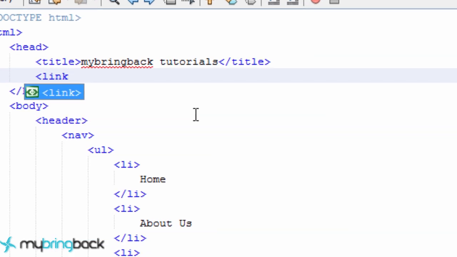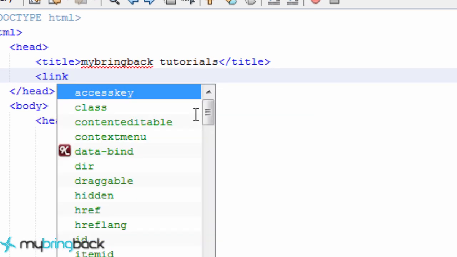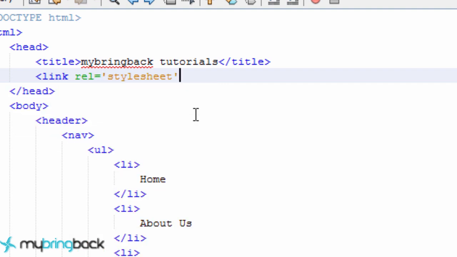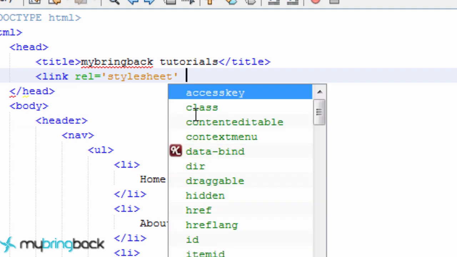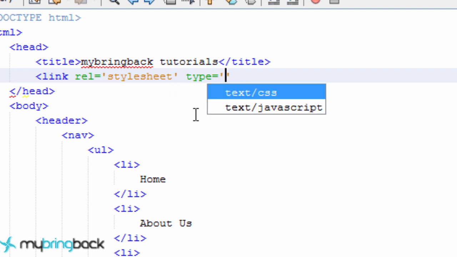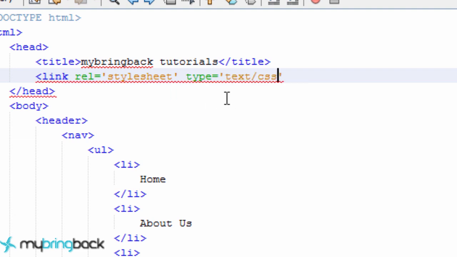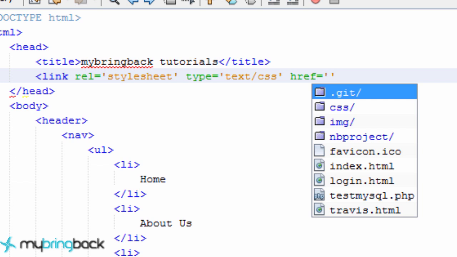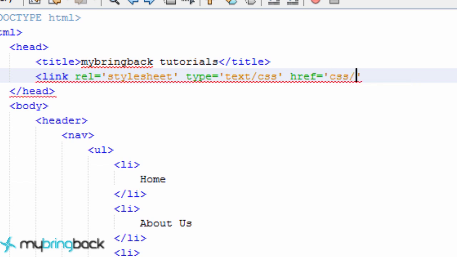So it's going to be a link attribute, and it's going to say what type is this, what are we looking at. It's going to be a style sheet reference, and it's going to be of the type CSS, and you just type out text/CSS. And then it'll know it's a CSS file. And lastly, we have to give it a reference of where this file actually is located. So it's going to be within our CSS folder, and then just